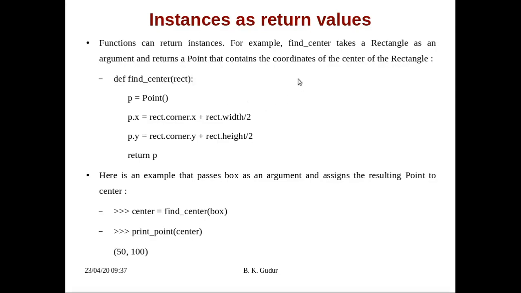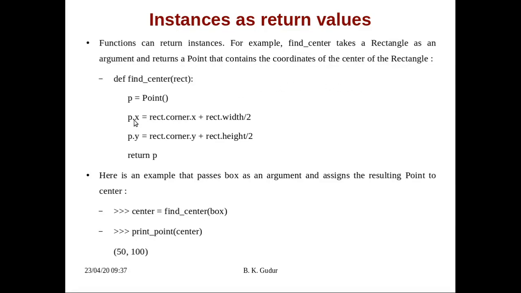The rectangle object which we have considered has three attributes: the corner point, width, and height. By using corner we can go to the corner of that rectangle, and by adding half of width and half of height we will get the center of that rectangle. That's the method we have used here.